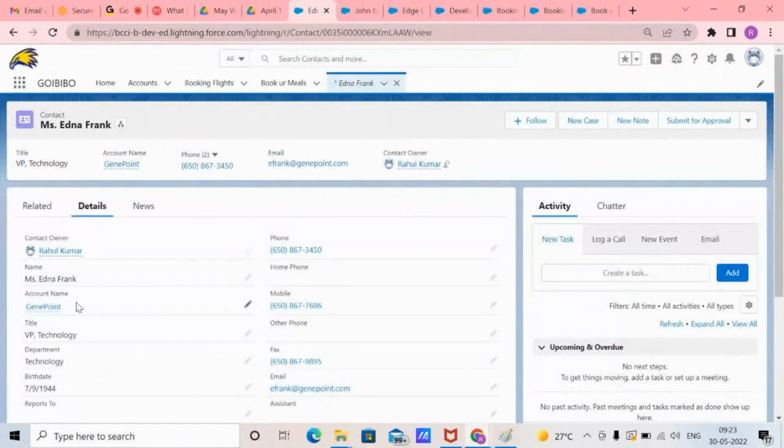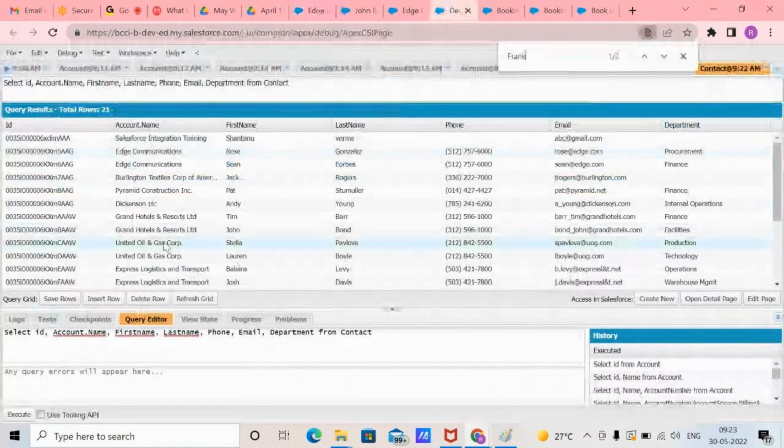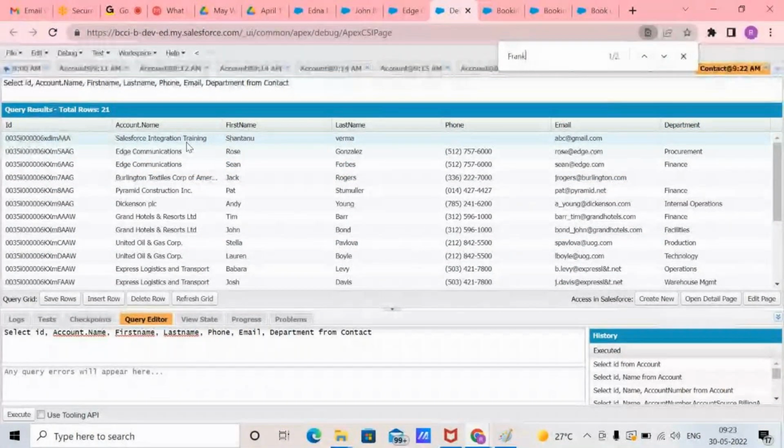Okay, it is connected to Jenny Point, then again go for another contact, click on that and check for this account. He directly wants this type of record so that he can see it and analyze what they want to do. Now what they're expecting, I'm getting the account name that Shantanu belongs to Salesforce integration,